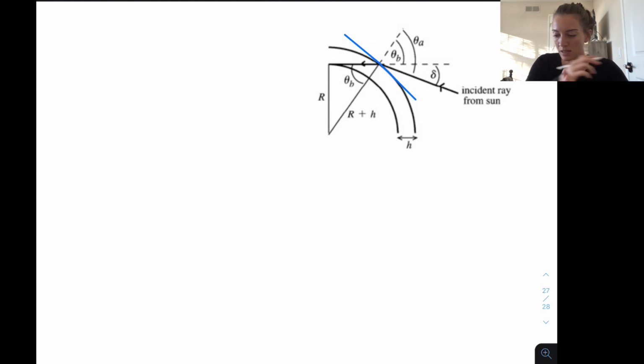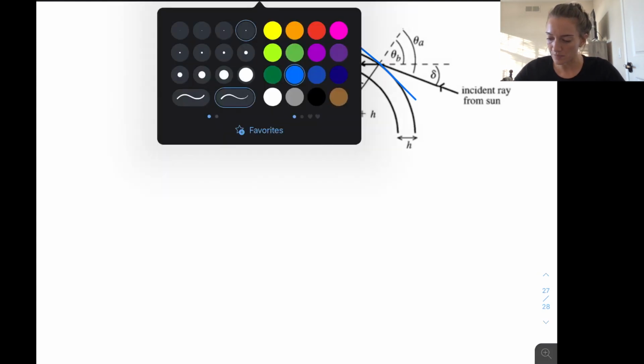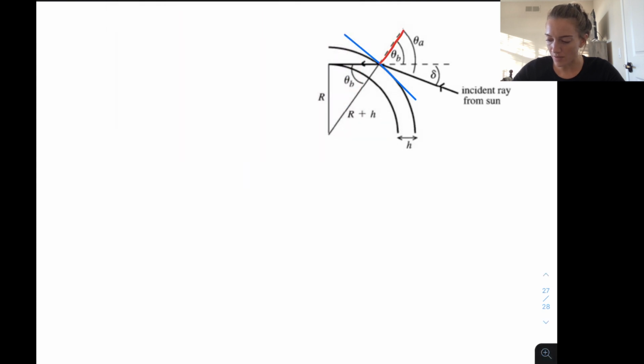That will be our surface. And then our normal comes out of that tangent. So pretend that doesn't really look normal to my tangent, but pretend it is. So this is normal to that tangent of the atmosphere like that. And then we have this angle